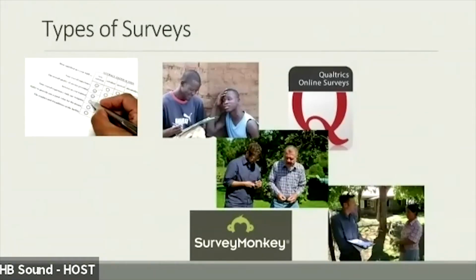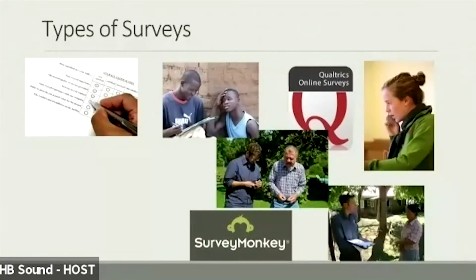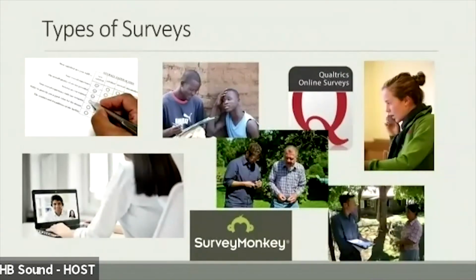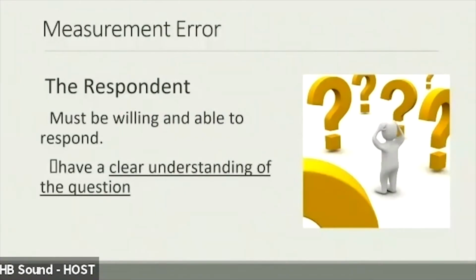And then you've also got interviews. Interviews are considered surveys. In person, one-on-one, you've got a clipboard or an iPad or whatever, and you're actually having an interview conversation. But because everybody's answering that same list of questions, that's a survey. You can also do interviews on the telephone, and old school, and now new school, we can actually do them via Zoom, right? So these are all the different types that you can do.